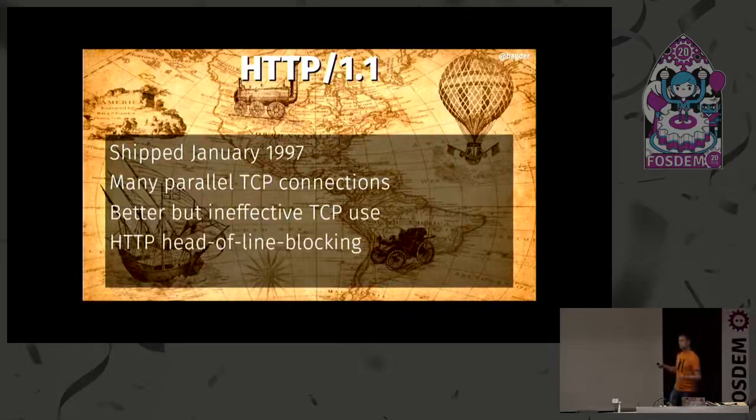And we also got this fine thing that we call HTTP head-of-line blocking, because we have a finite number of connections, typically 6 per host name by a browser. And your typical website has many more than 6 objects. It's 100 images and style sheets and stuff. So you have to use those 6 connections to download those hundreds of objects. But on which of those 6 connections will you put your next request for the next object? It's a really difficult problem.